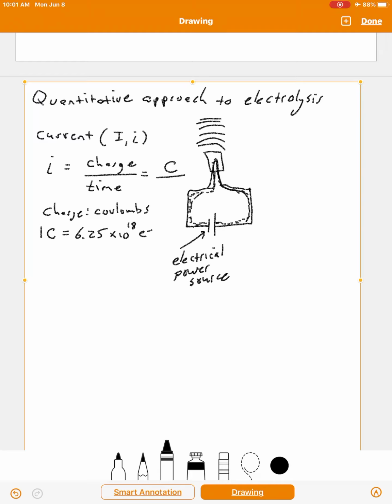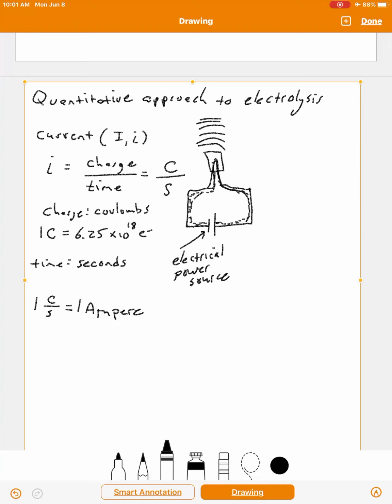Now the thing about time is that we can have many different units for time, right? We could have seconds, minutes, microseconds, centuries, millions of years, whatever. Typically, we want to have them in seconds. The second is the standard MKS unit that we would use. So this would be coulombs per second. And because we have 2 different units there, we're going to name that unit. The unit of a coulomb per second, right? That's how we would pronounce that. Coulomb divided by second is called an ampere,